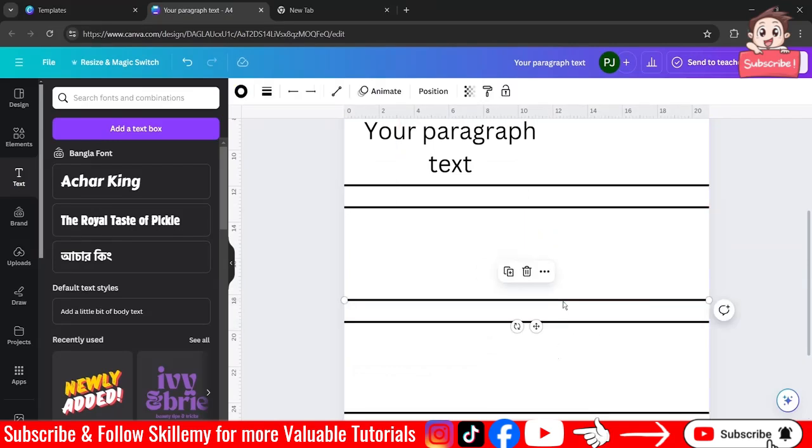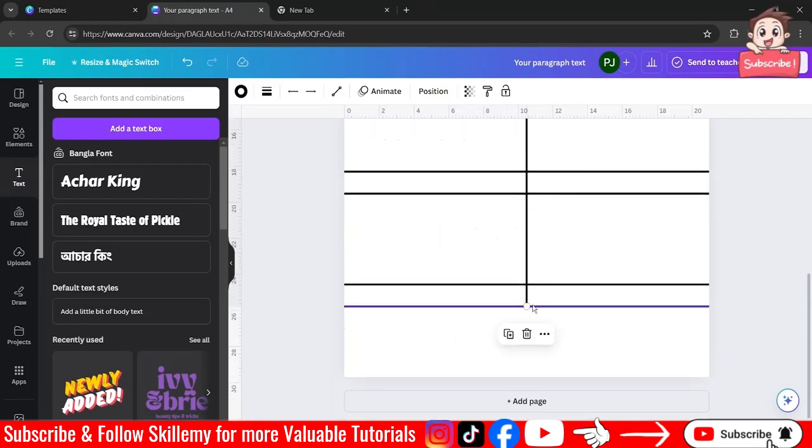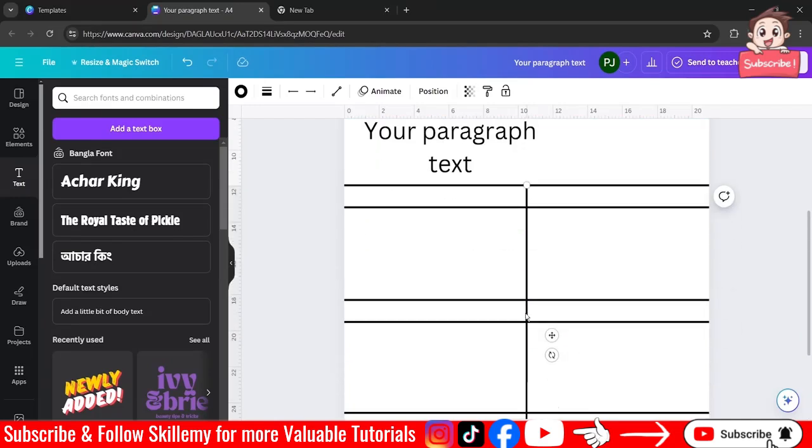Now select another line, only a single line this time, and let's make a copy of this one. Let's try to rotate this one, put it in center over here, and drag this one. And here you can see we made 6 different sections over here.